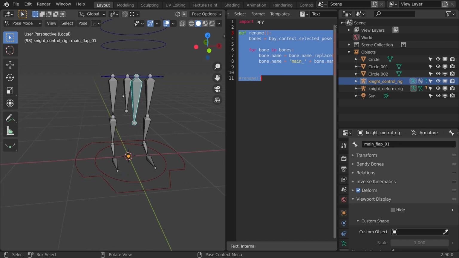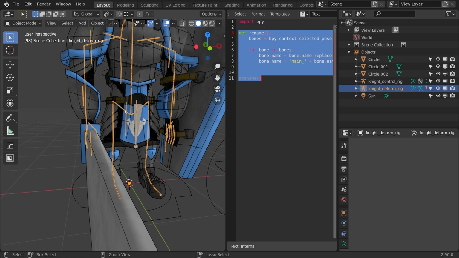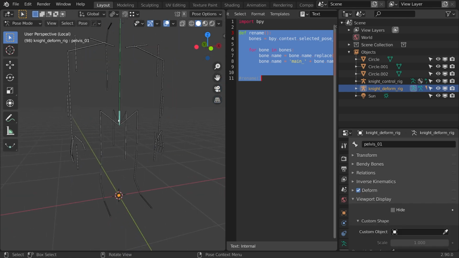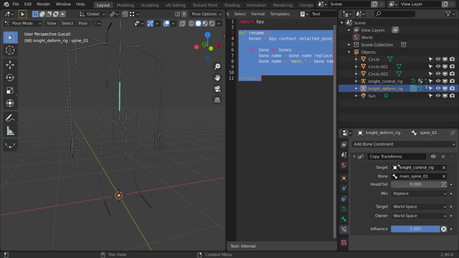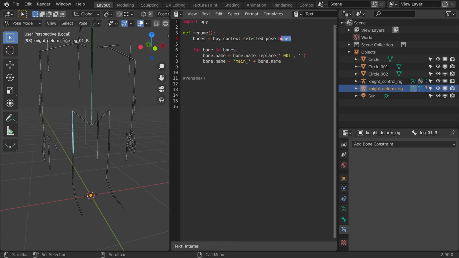Okay, so before I even add constraints here, let's connect the deform rig to this. I'll come back to here. And again, on these controls, I added the constraints manually. For each constraint, it just looked at the bone with the name in it. Let's do this dynamically. So I'll select one bone here, and I'm going to do the same thing. Again, I'm just going to grab my bones here, and I'm going to say for bone in bones,